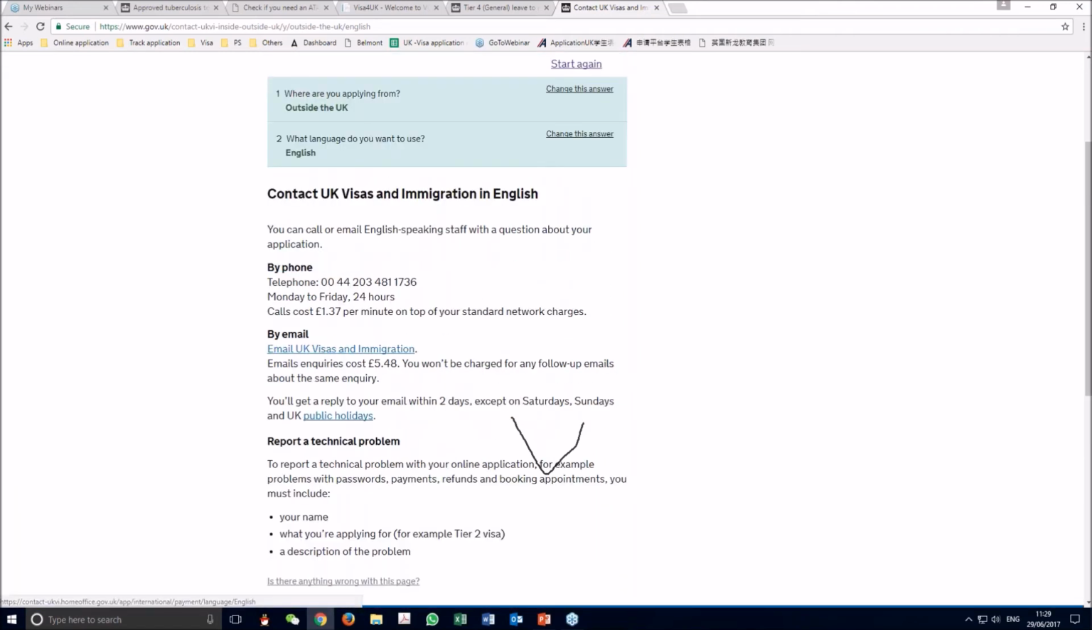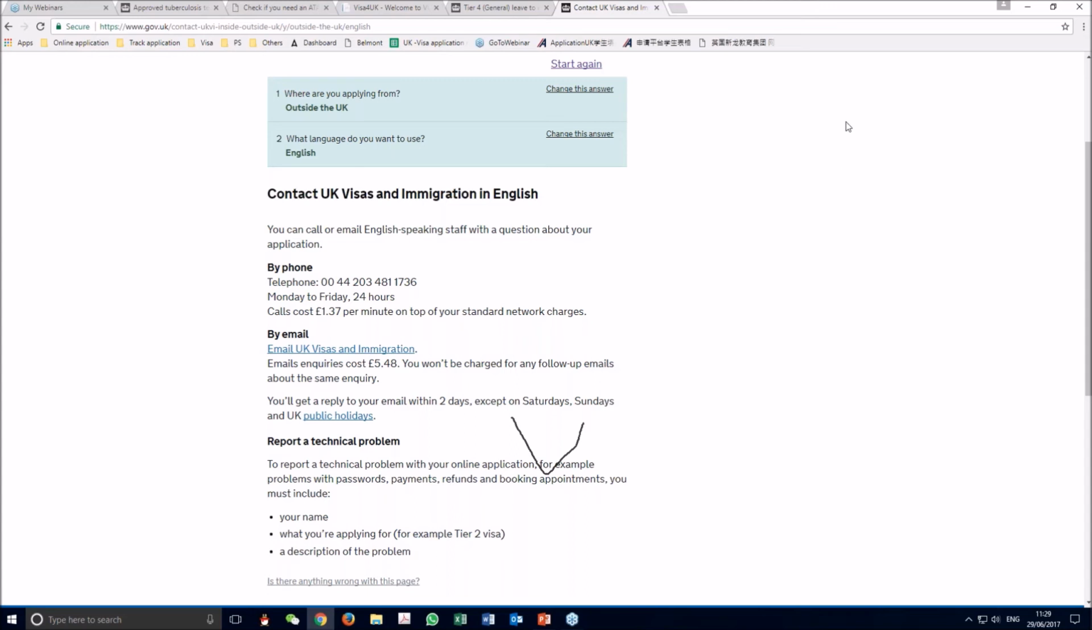Okay, so there are two ways of contacting them. Basically, it doesn't matter which country you're applying from. You can always contact them using this telephone number or using this email. They will tell you how you're gonna